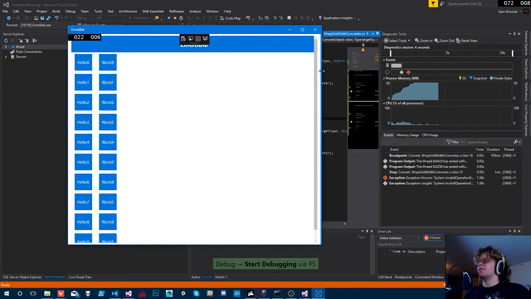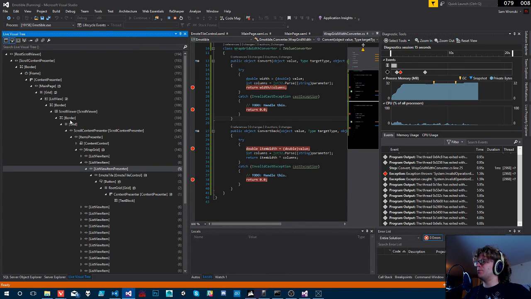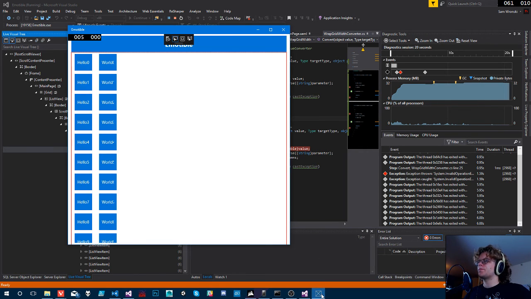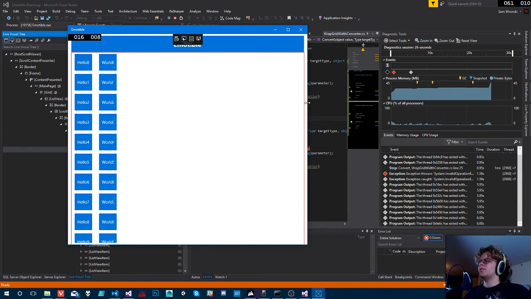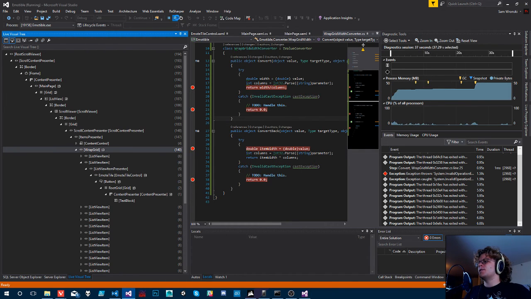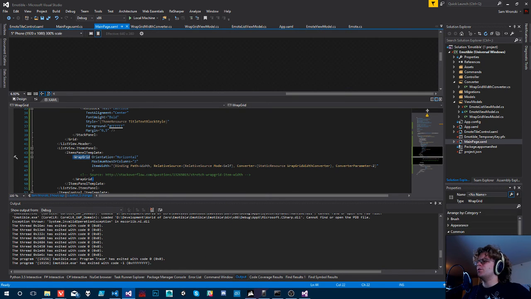Okay. Does it get called again if I resize it? Doesn't appear to be. Well, hold on. Let's find our wrap grid and figure out how big that guy is. So there's the grid. There's how big it is. And if we change it, those bindings should re-trigger our converter. And so that should run and update these. But that's not happening. So I'm wondering